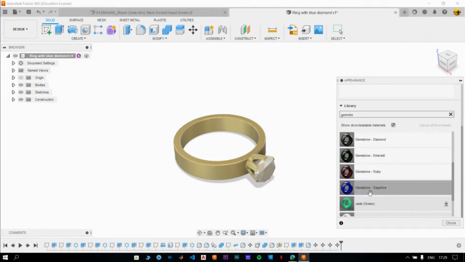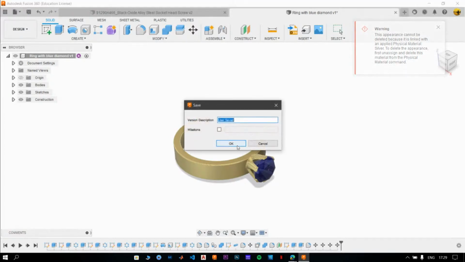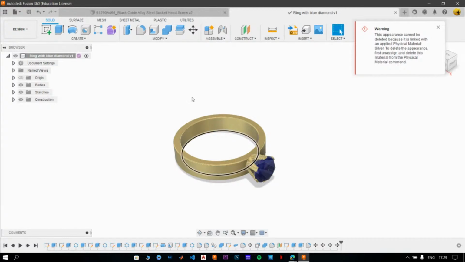So let's say we want a sapphire over here. So I can just simply drag it and drop it on this body. So now, as you can see, we have a gold ring with a sapphire diamond on top of it. Now that you are done with it, you can just simply click on save so that the file gets saved. And following the exact same things that we have done in the previous design,